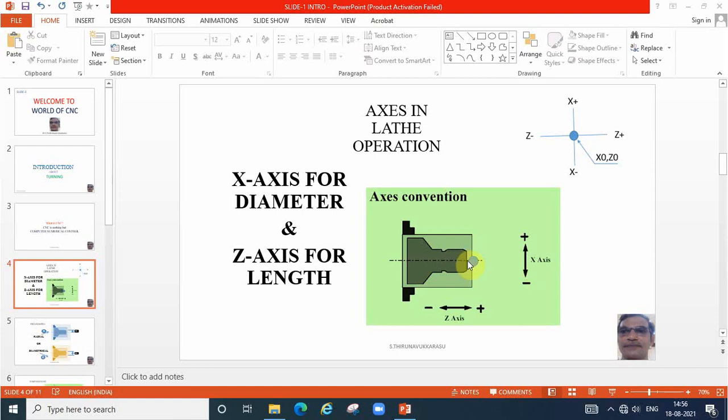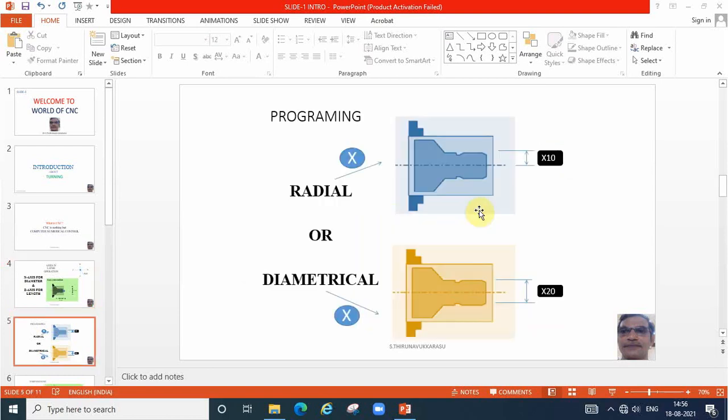When the tool is moving above the reference point, it is X plus. Below the reference point, it is X minus. So we know Z plus, Z minus, X plus and X minus. From this point only we give all the X values and Z values. This is the axis notation.